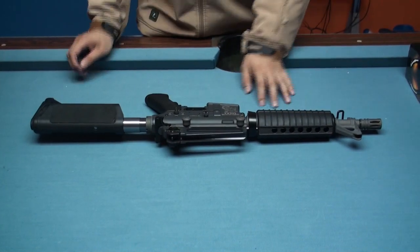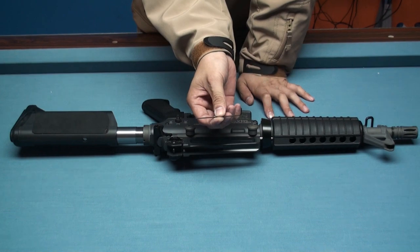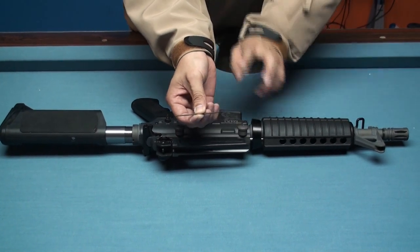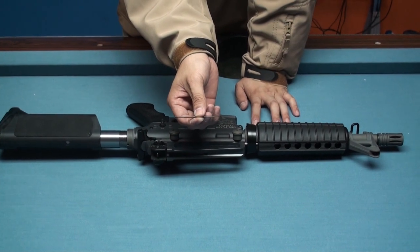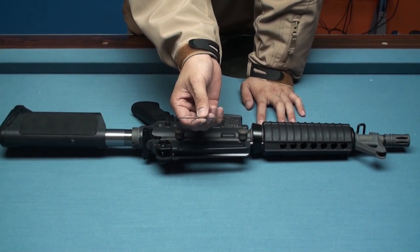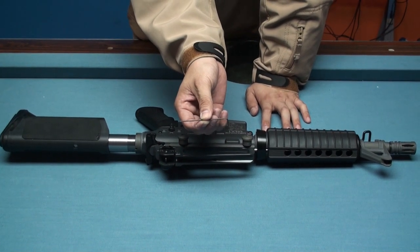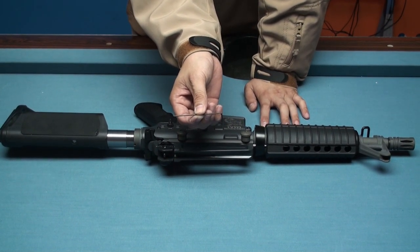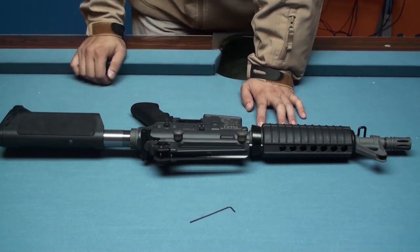Now, once you open this box, you will find they also offer you a hex screwdriver inside, and it has 2 functions. The first is to help you adjust your hop-up system, and the next is to let you loosen your flash hider, so you can remove the whole hop-up set and inner barrel set. And the first step is